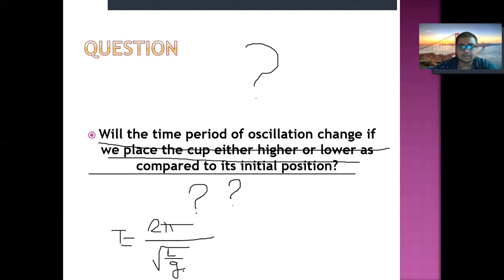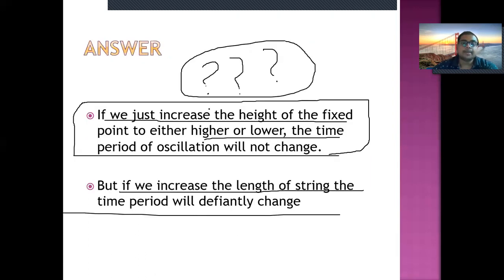Why is that so? Because this g is dependent upon height. So it's actually correct to say that the time period will not change at lower heights, but when you go to a higher scale, like in space, or let's say 5, 10, 20, 30 kilometers above, then yes, height will matter, but not at something like 500 meters or so. Height won't matter that much. But this is a very good topic to discuss. You can have a discussion too.